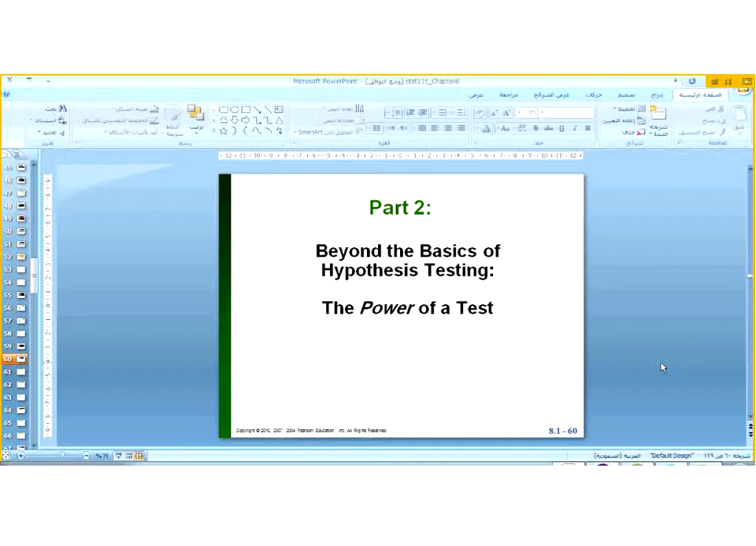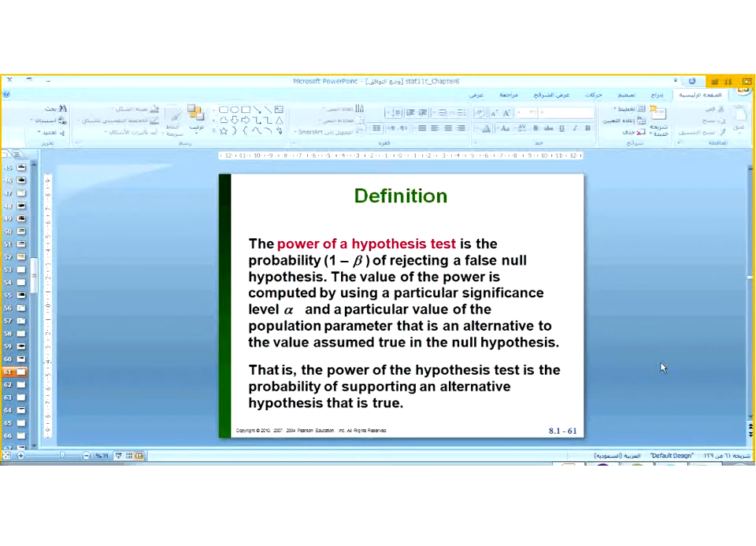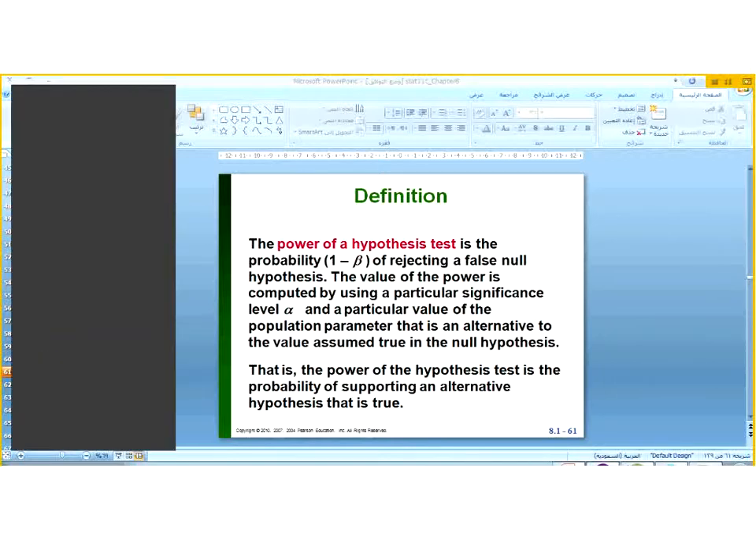اوكي. آخر شيء عندي هنا اليوم الظاهر the power of a test. The power of hypothesis is the probability 1 minus beta. شفتوا بيتا اللي من شوي اللي هي type 2 error. 1 minus beta is the power of the test. زين بيتا كانت ايش؟